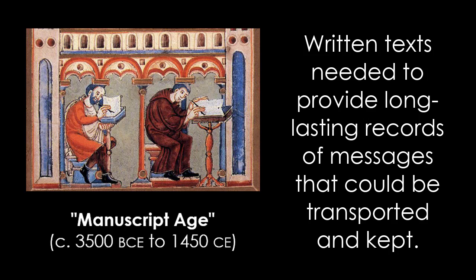And as certain kinds of texts, particularly things like religious and spiritual texts such as the Bible and the Quran, as well as other forms of texts related to scientific and philosophical study, as these books started becoming more important, it was going to be necessary for them to be produced and reproduced. Now, in the age of the manuscript, which really comes to the forefront in the medieval period, it's important to remember that these texts are written and transcribed and copied by hand.